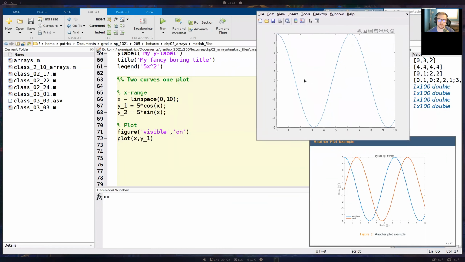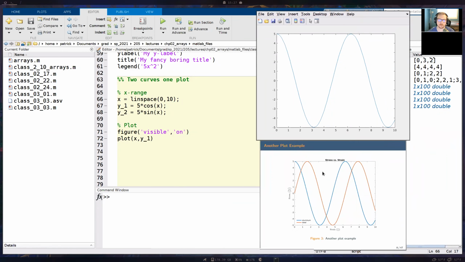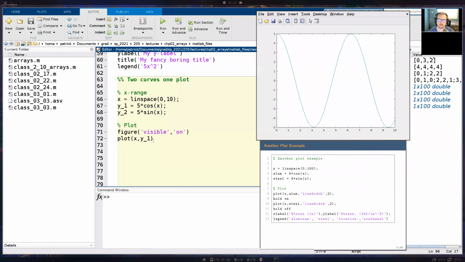Okay, so here's what our plot looks like, but again, we want to have two curves on here. So what I'll do now is I'll use the hold on function. The hold on function tells MATLAB that we want to plot another curve on that same graph. Right now we only have one curve. I want to plot another curve. So I'm going to tell MATLAB hold on, and then we'll do plot x comma y_2.